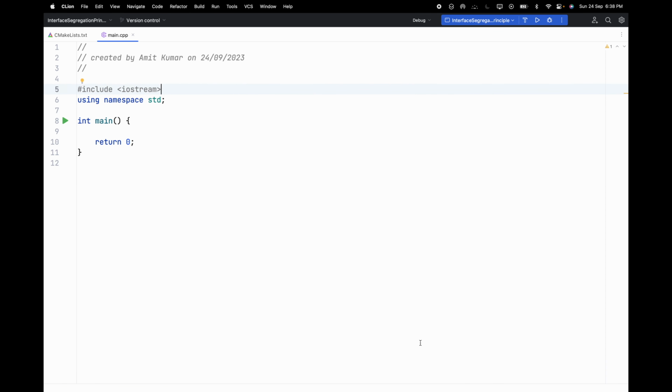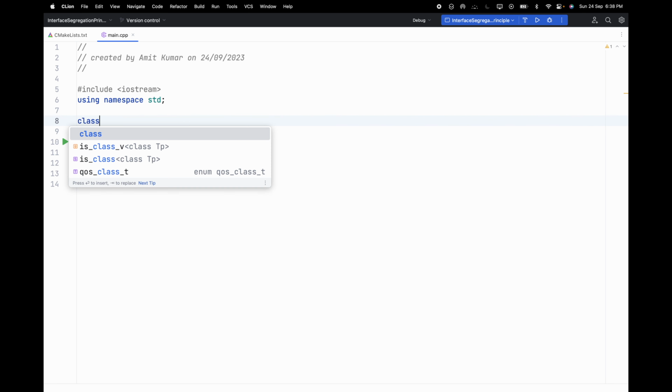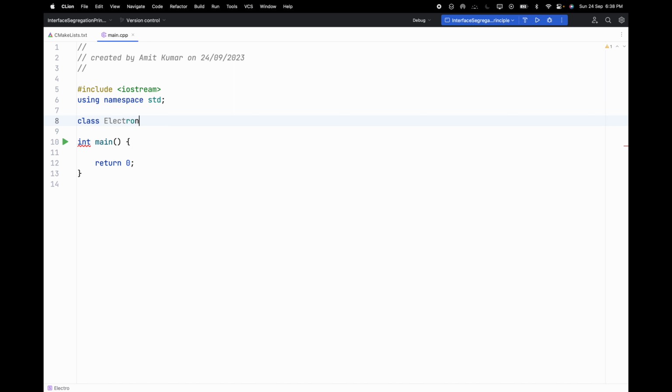Now we are going to code the example live because it's an easy example to understand, and let's start. So let's assume that we have a class Electronics, and this particular class has a few methods. So let's just say we have a virtual method power on,